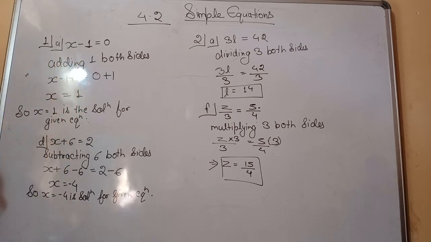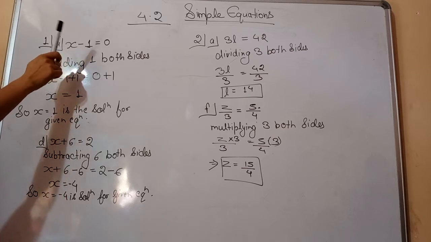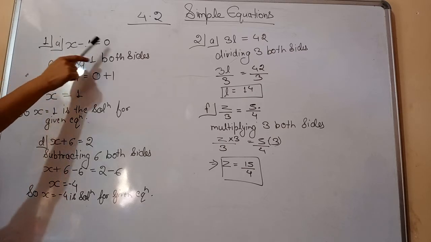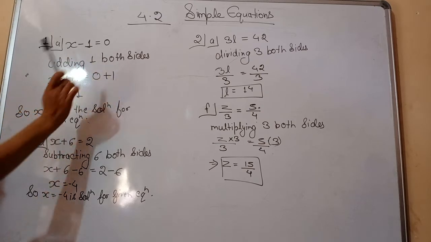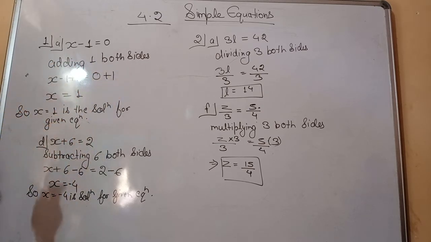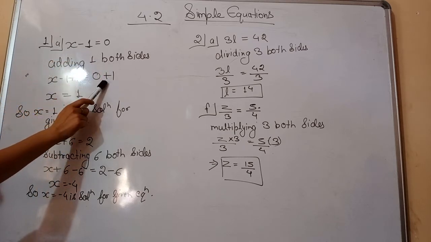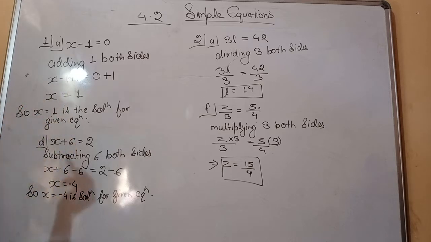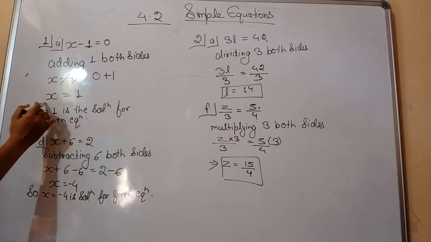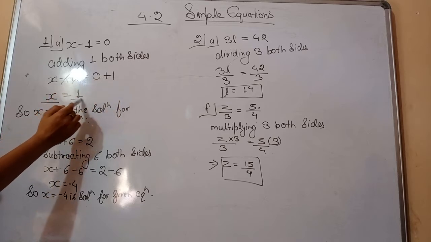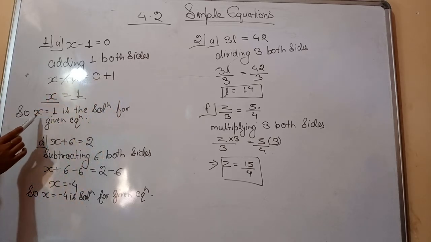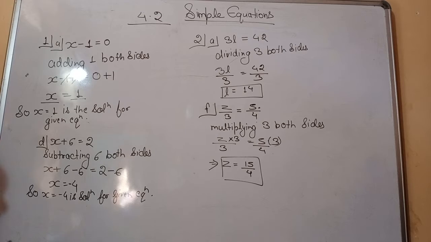The sign which constant is having, you have to just perform opposite sign. Or we can say you just apply opposite sign. If -1 is given, what you can do? You can add both sides +1, like adding 1 both sides. This is the concept key here. x -1, what we have to do? Adding 1 both sides, so +1 both sides. Now -1 +1, we know that minus plus cancel out, only x is remaining left, and here 0 + 1 is remaining left. So here we can see x is equals to 1 in the solution for given equation.